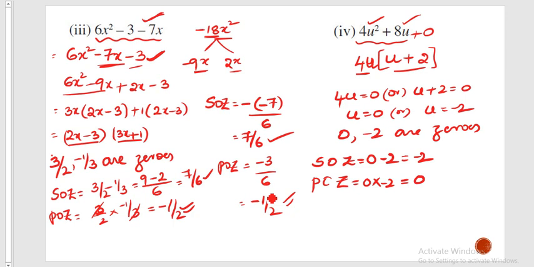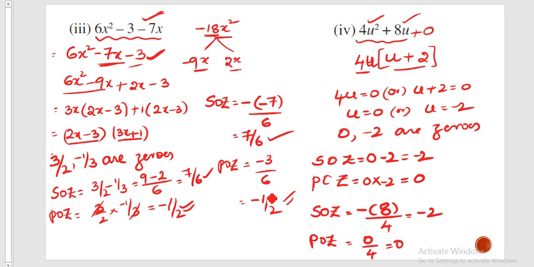Now by using the relation, sum of zeros is nothing but minus x coefficient by x square coefficient, sorry, here it is the u coefficient by the u square coefficient. What is the u coefficient here? 8. The u square coefficient is 4, which gives me minus 2. Next, about the product of zeros, is there any constant term here? 0 by 4, which gives me 0. So in both situations we have verified, right?